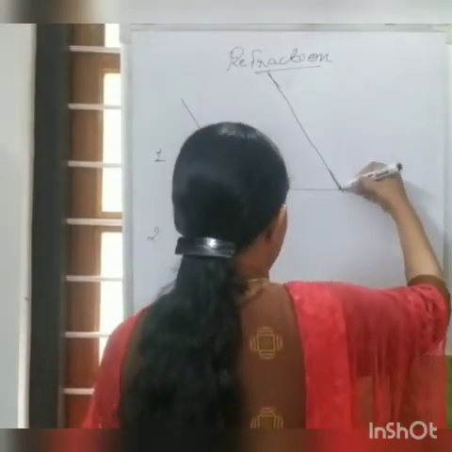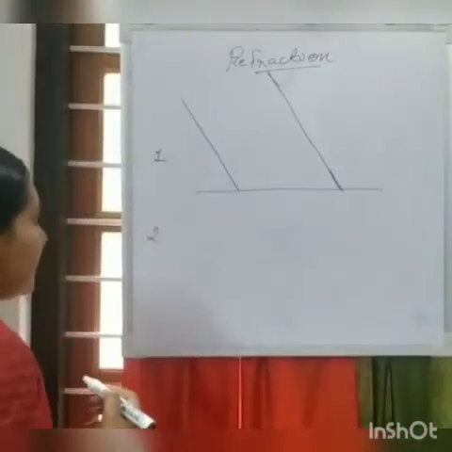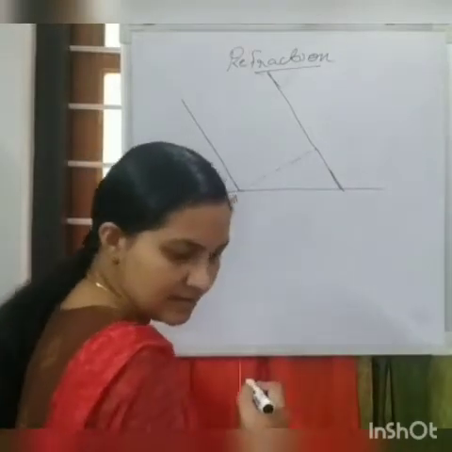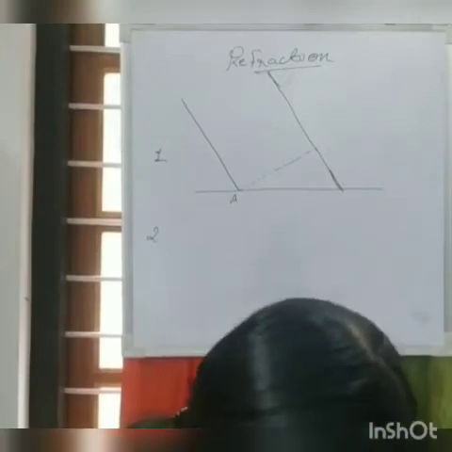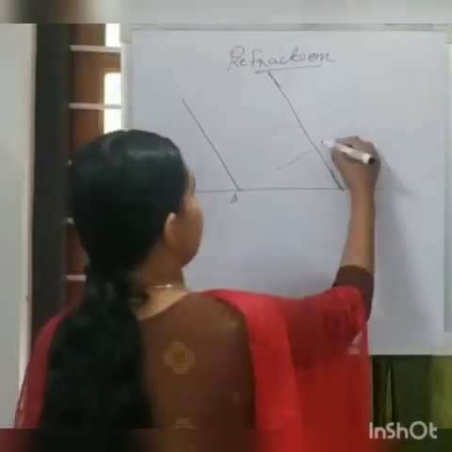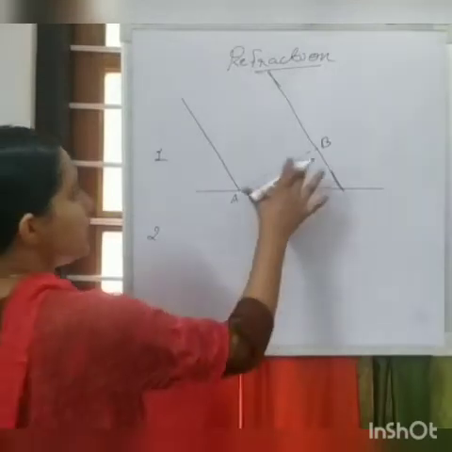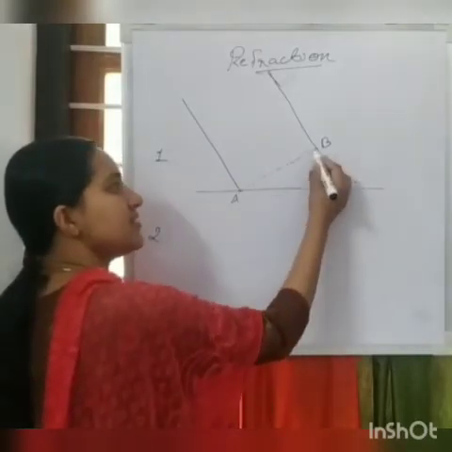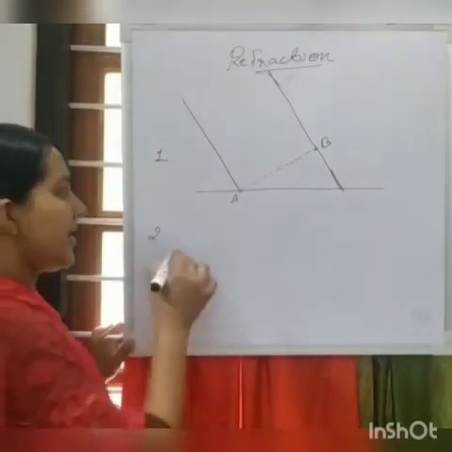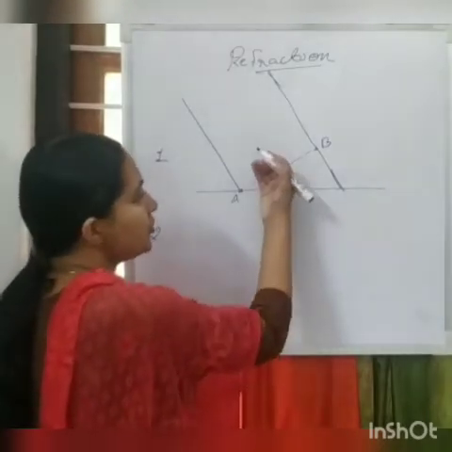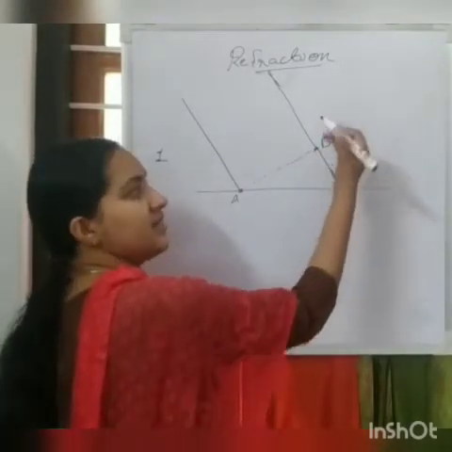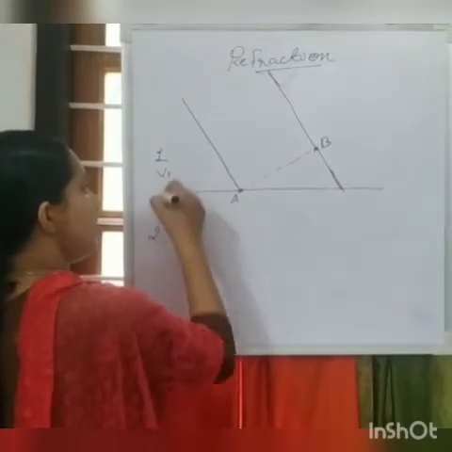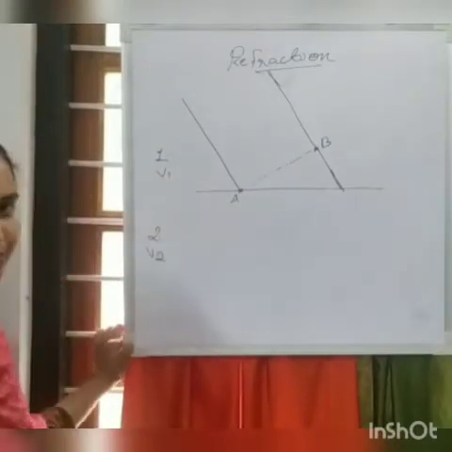Both should be parallel. Okay. Now, you see, up to this is A and that is B. Okay. Up to this, both ends of this wavefront reach the same distance, same position, isn't it? But after that, at A, it started to move into the second medium. But at B, that is still in the first medium. Okay. Let the velocity of the light in the first medium be V1 and in the second medium be V2. Okay.